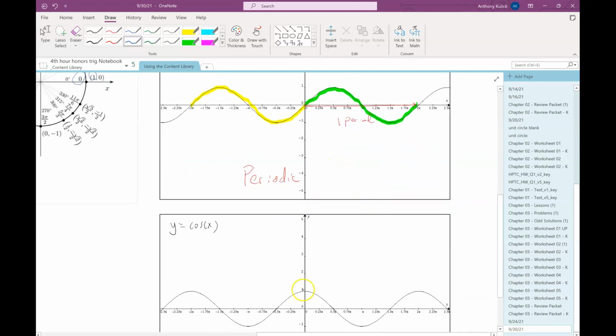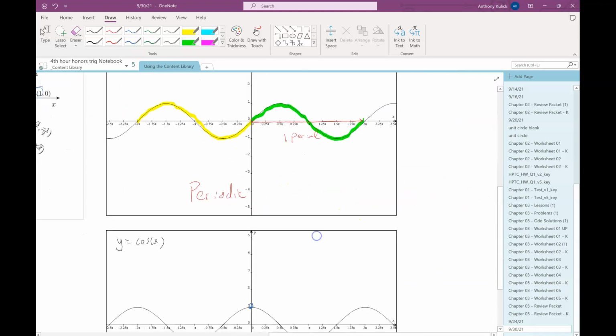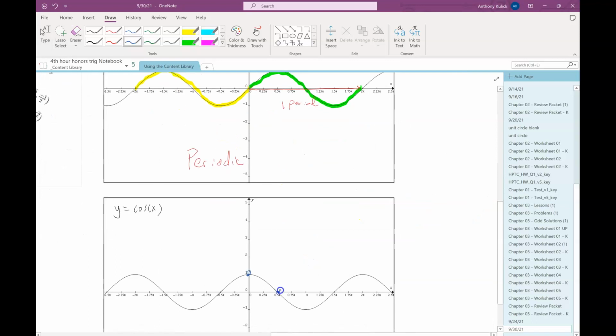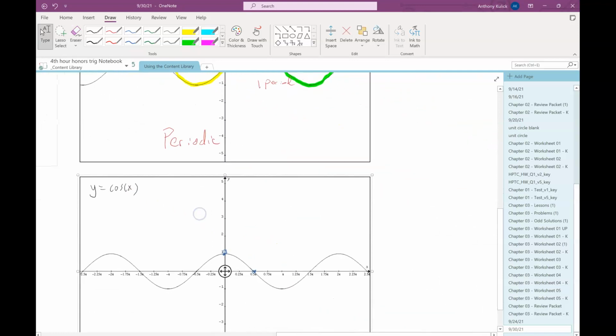So 0, 1 would be a point on my cosine graph. And then maybe we take pi over 2 and 0. So that's a point. Pi and -1. That should be a point, and we can keep going on like this as long as we'd like, right? We can just keep